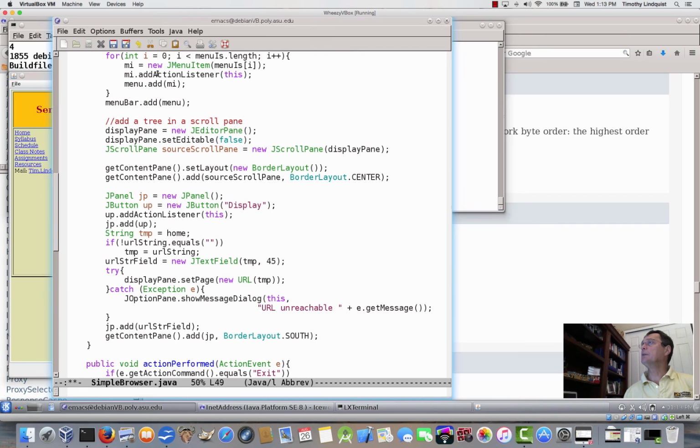So menuItem.addActionListener(this), where this is the object that I am currently creating, since I'm in the constructor, is going to listen for action events, which are events that get generated when a button object gets clicked or when a menu item gets selected. So you can see that this part of it is not for the button, this is for the menu item. And then down here when I create the button, new JButton with a display in it,